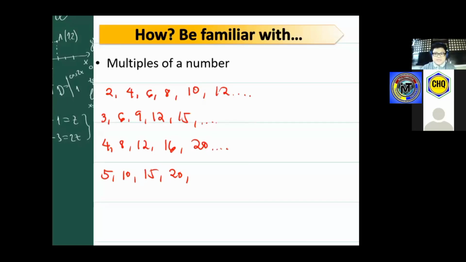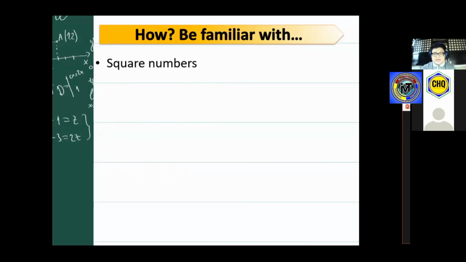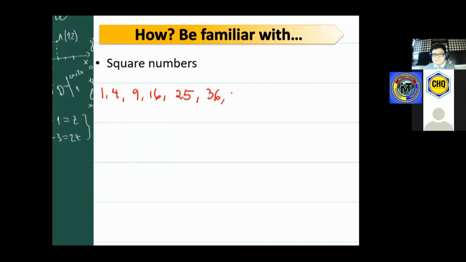Next thing that you need to be familiar with is the square numbers. What are those square numbers? Those square numbers are 1, 4, 9, 16, 25, 36. After 36 is 49, then 64, then 81, after 81 is 100. Bakit siya square number? Kasi these are actually